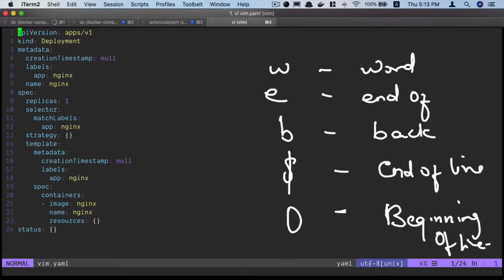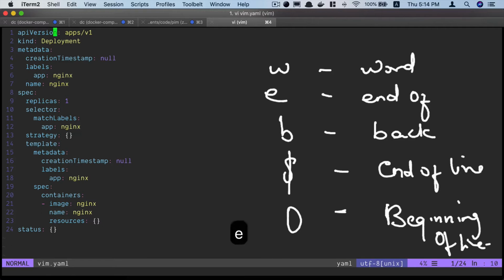And now let's say I want to go directly to apps, like I want to land here. So what I can do is hit capital W, and it will actually ignore the special character and the space, and it will directly jump to the first character of the next word. So special characters in this case are considered as a part of this word. Once again, if I just hit small b, I'll land on the colon, but if I hit capital B, I go to the beginning of this word. So special characters in this case are ignored, and you're just going back to the beginning of the previous word.